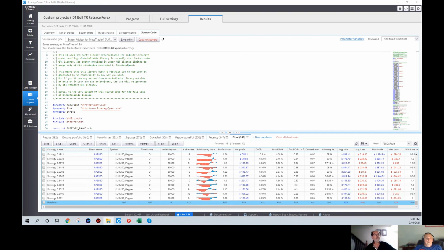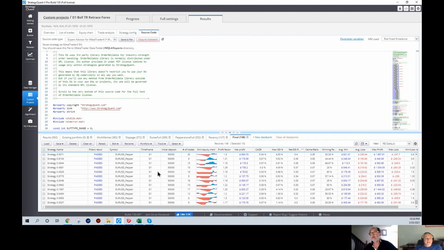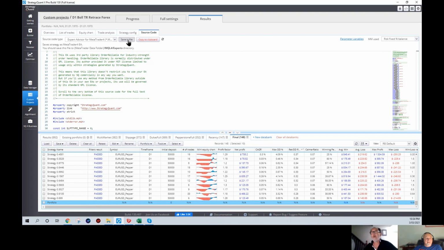I'll just get it up, won't be a second, mate. We're pausing for effect here, aren't we? What did we call it? I can't remember what we called it. Portfolio 1, 2, 3. Where did I save it? That's the question. Wait one. Pausing for effect and also pausing for stupidity, mate. Wait a sec. I'm just going to go to those 10 strategies. So where did I save it? I saved it into